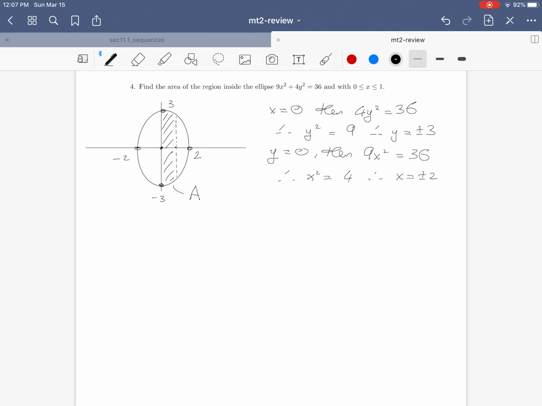Okay. So let's do a couple of things. So next thing I want to do, let's rearrange the equation for our ellipse here. So I'd like to find the equation of this curve here. And let's find this as an expression expressing y in terms of x. Okay. So if I have 9x squared plus 4y squared equals 36, this tells me that 4y squared is equal to 36 minus 9x squared. And this tells me that